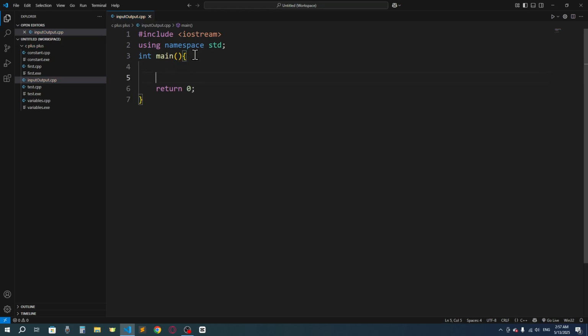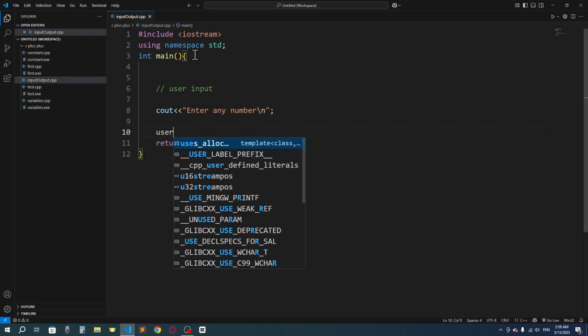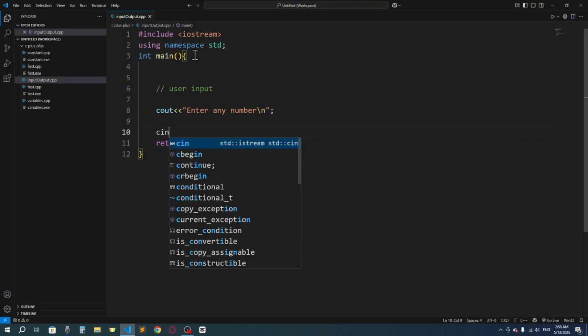All right, now here I'm going to make a comment. I will say user input. At first, we can actually use here a prompt. Let's say I want to use a prompt that says enter any number. We can actually give here \n for the new line. We can actually go for the input. So I will say user. We have to say here cin,